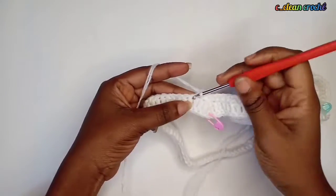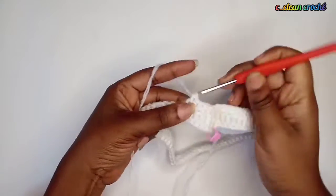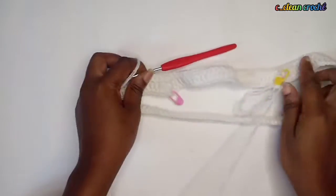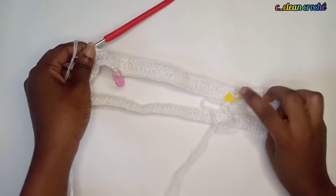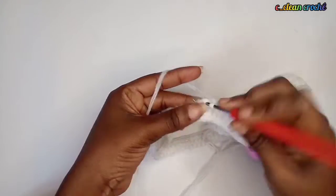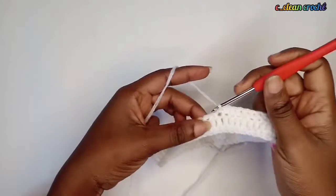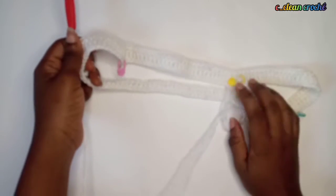You keep on with your single crochet in each of the stitch holes until you get to where you started from. So let's make our single crochet till we get to the blue stitch marker. That's where we started from. So we started from the blue one. So you end your single crochet at the blue,